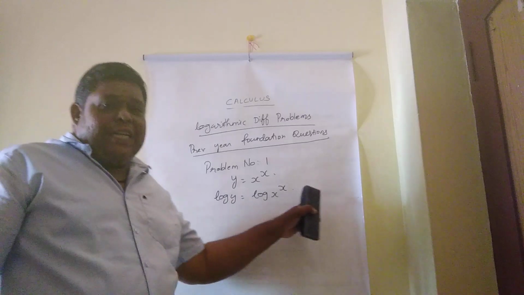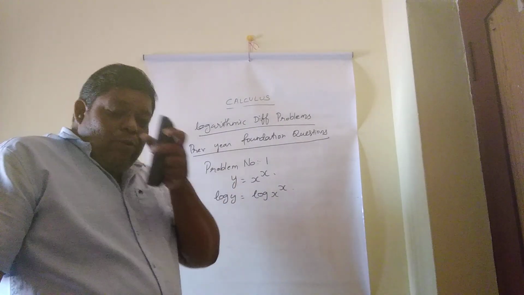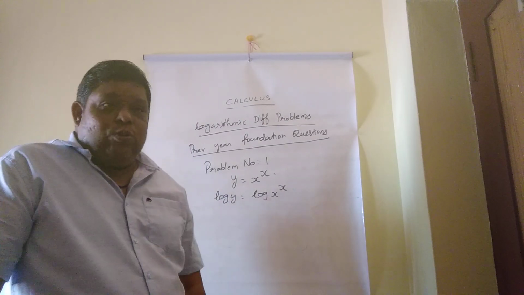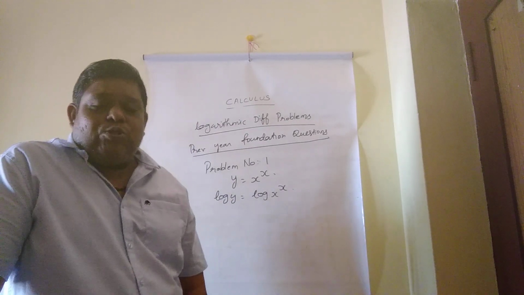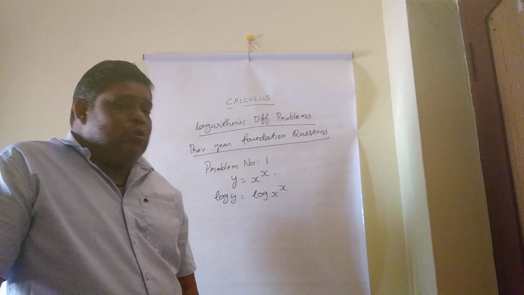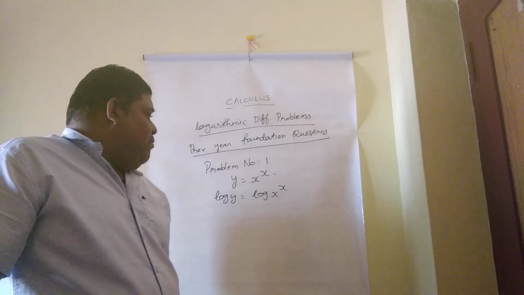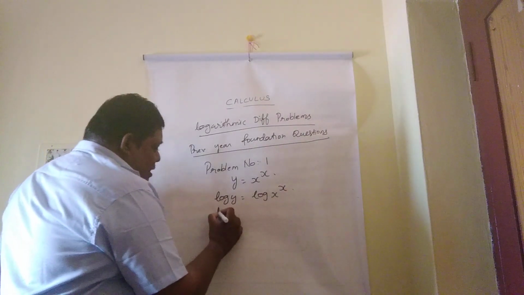In logarithm, the power term comes to the front side. The value will not change. For example, log 4 can be written as log 2 square, and log 2 square can be written as 2 log 2. Log 4 and 2 log 2 have the same value. So log y is equal to